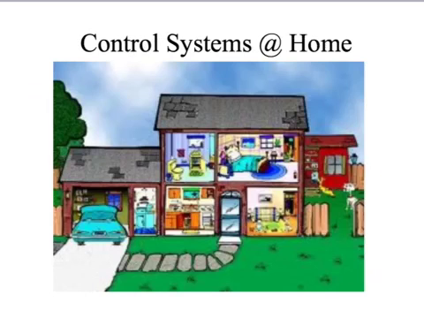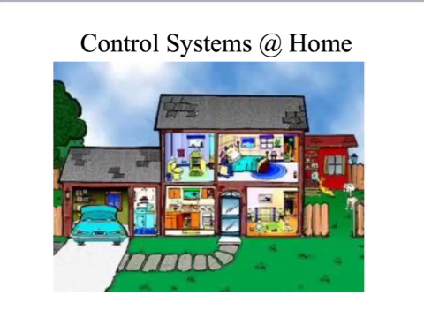Control systems at home. Well, there's quite probably a lot of control systems that you have within your own home, but some examples that you will be familiar with could be security sensors to control external lights, controlling devices over the internet, like turning your lights off remotely using your mobile phone,